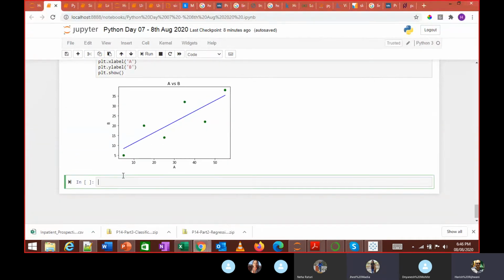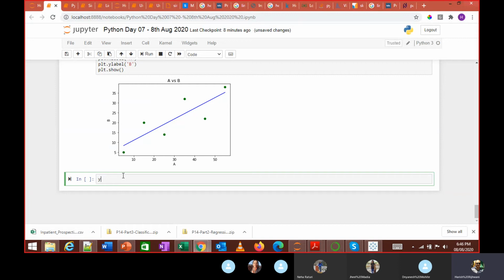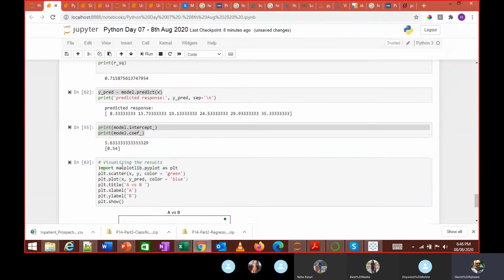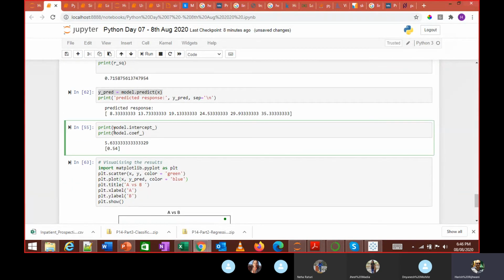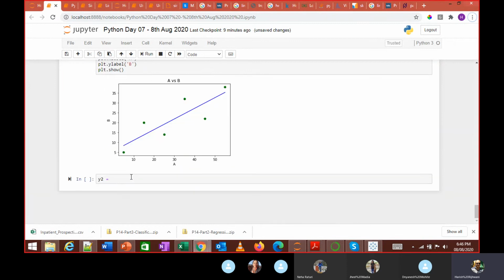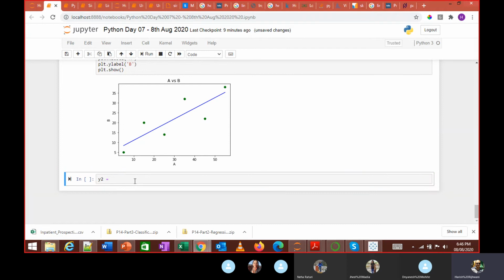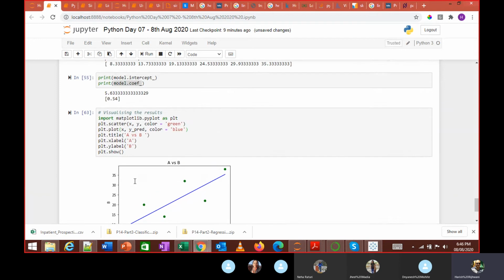What I can do is I can do y2 is equal to, where is x? So the intercept is model dot coefficient into x.